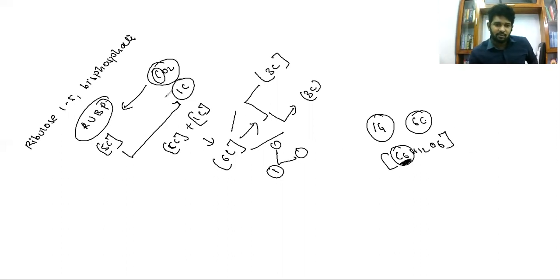But here we take only one carbon dioxide at a time. So in order to fix one glucose, 6 carbons are required, so we have to take 6 carbon dioxide. How can we take 6 carbon dioxide? One RuBP, ribulose 1,5-bisphosphate, accepts 1 carbon dioxide. So 6 RuBP accept 6 carbon dioxide, and the product formed is 6 molecules of